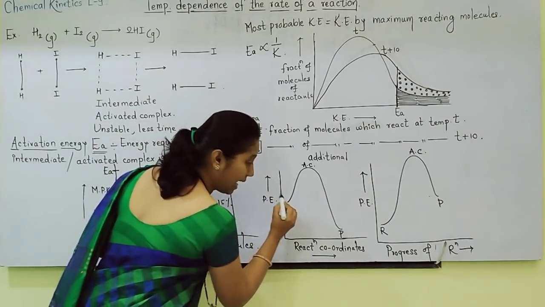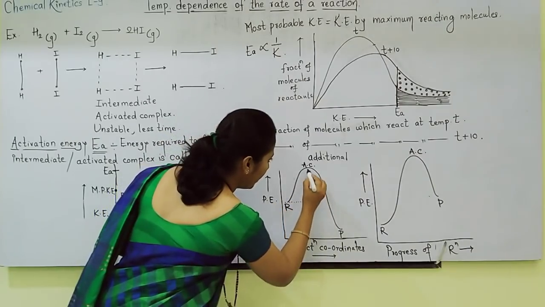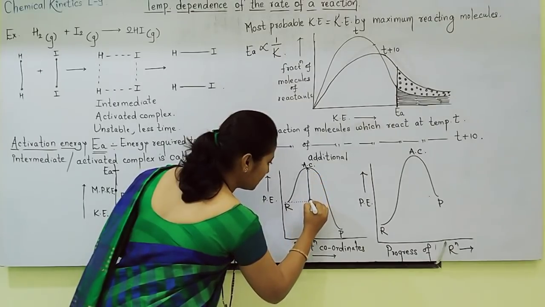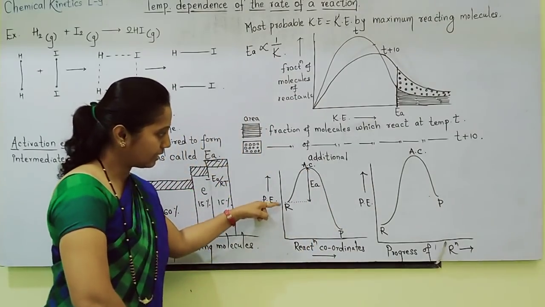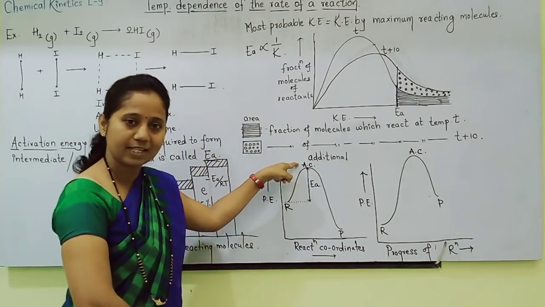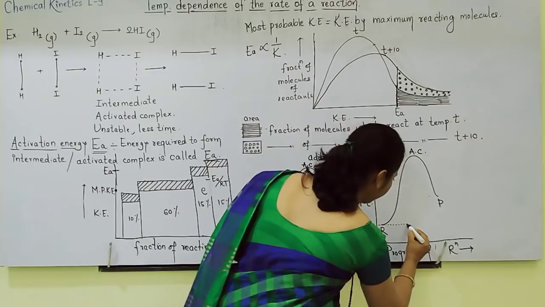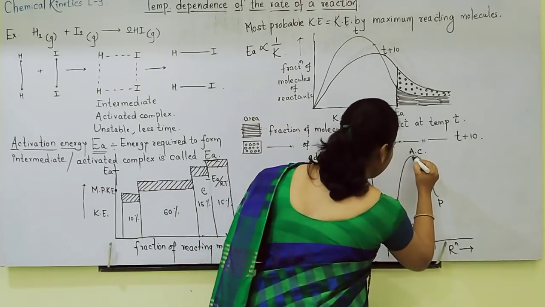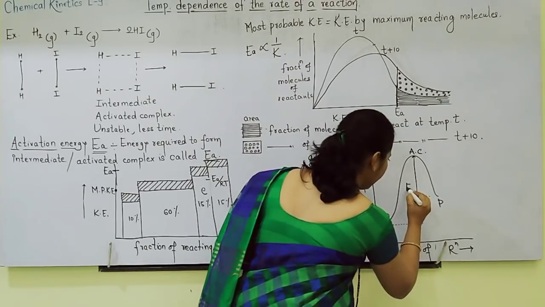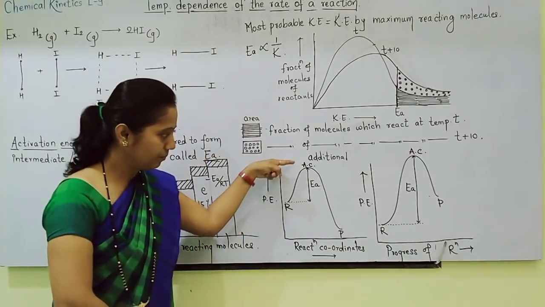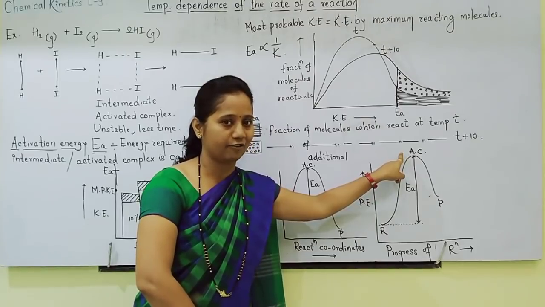So students, see activation energy how to calculate? From reactants up to the peak. Can you see this properly? This is called as activation energy. Reactant should form activated complex. That energy is called as activation energy. So from reactants, here see students properly, this whole is called as activation energy. Understood? Reactants up to the peak is called as activation energy.